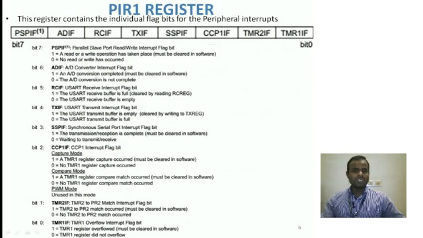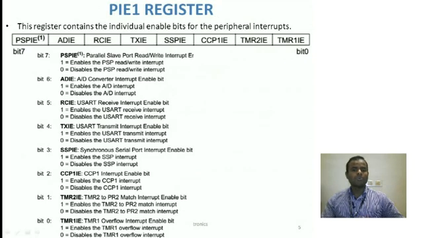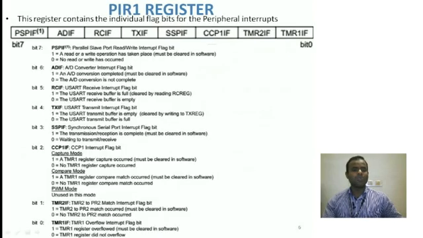Apart from this, this is your peripheral interrupt flag register. If you see all those interrupts which we had mentioned here, for example, ADC, serial communication, synchronous serial port, and capture compare, timer, all these interrupts have flag bits, for example, the analog to digital interrupt flag, then the receiver flag, the transmit flag, like this. All the flag bits of those peripheral interrupt enables are found here. So whenever they are set and the process is over, the flag bit will be set here, and we can read this register.